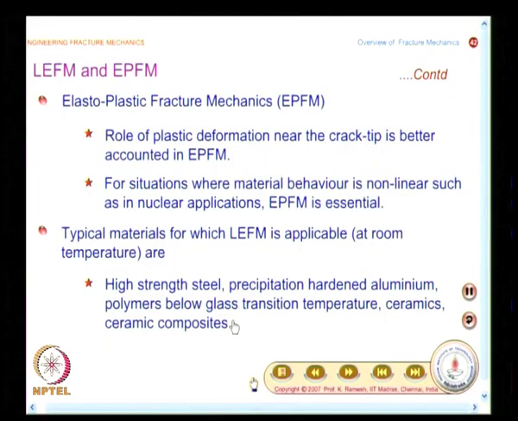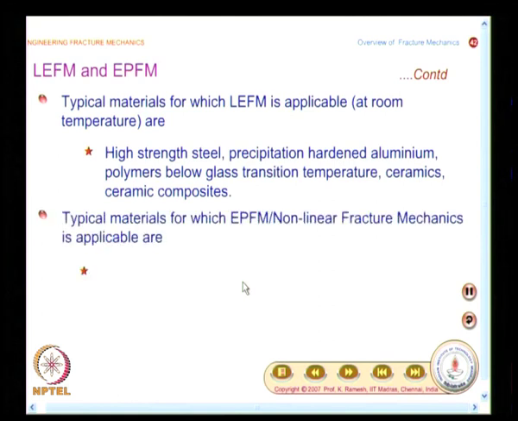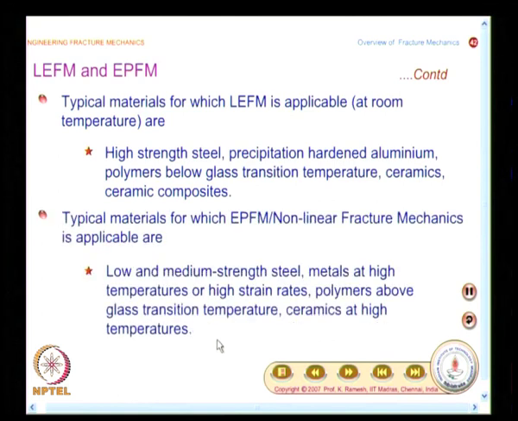And polymers are also becoming very important these days. Since polymers are becoming very important, you will have to know until what condition you can analyze them based on LEFM, and we find that for polymers below glass transition temperature, you could invoke LEFM. If it is above glass transition temperature, then you will have to go for EPFM. So, you have some kind of a guideline; you will have to take this more as a guideline rather than as a rigid separation of